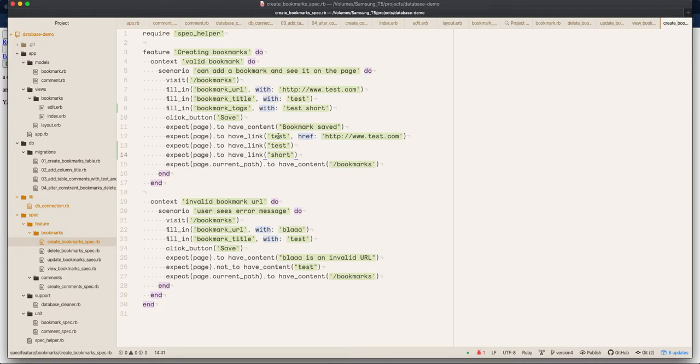And I guess I shouldn't call it the same thing, so let's call it test tag and short. Just to make sure I have different text. I could try and scope it to make it make sense, but let's just not worry about it. Keep it as simple as possible. We don't need to have tags if there aren't any, so that's still fine to be like that. It's still a valid bookmark test and test tag. Okay, so let's